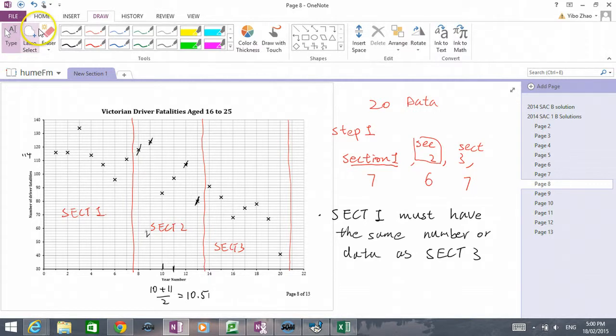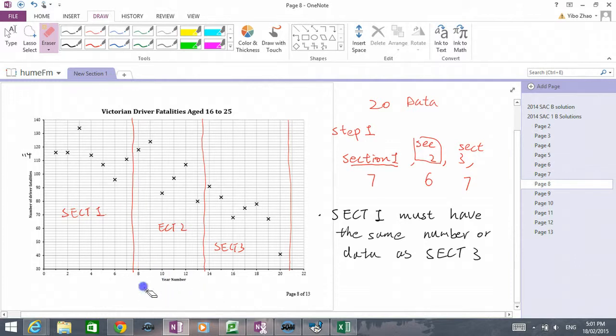Then I'm going to work on the vertical one. Then I need an eraser to erase this out. Now let me do the other one. Let me do the vertical one. Vertically speaking, I need to find the median of section 2. So I cross a higher number, then I cross a lower number, I cross a higher number, I cross a lower number, I'm left with these two. I'm left with these two numbers. Then I found out I should have,